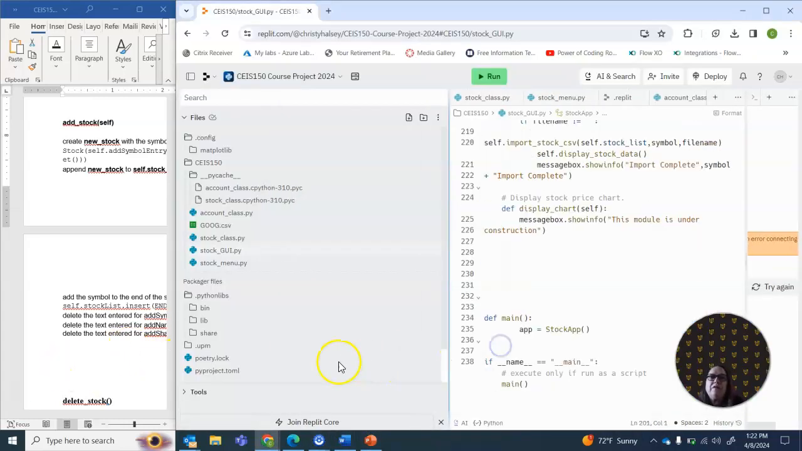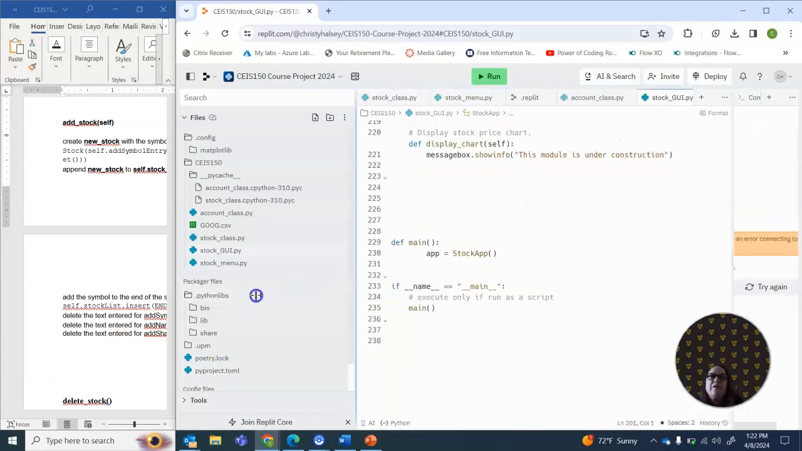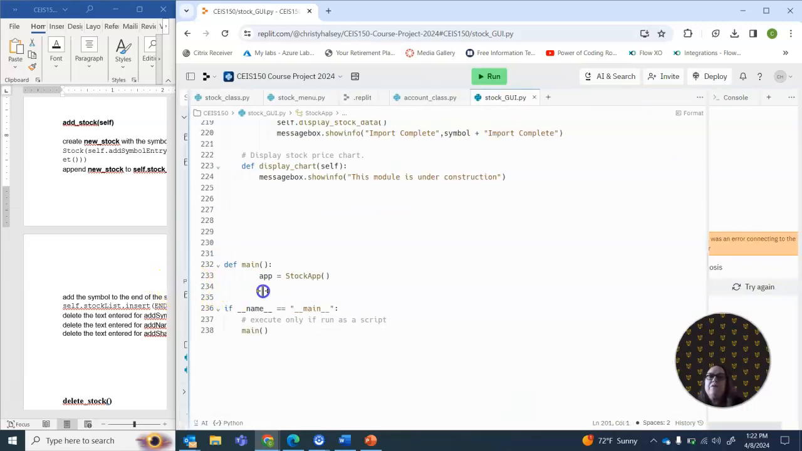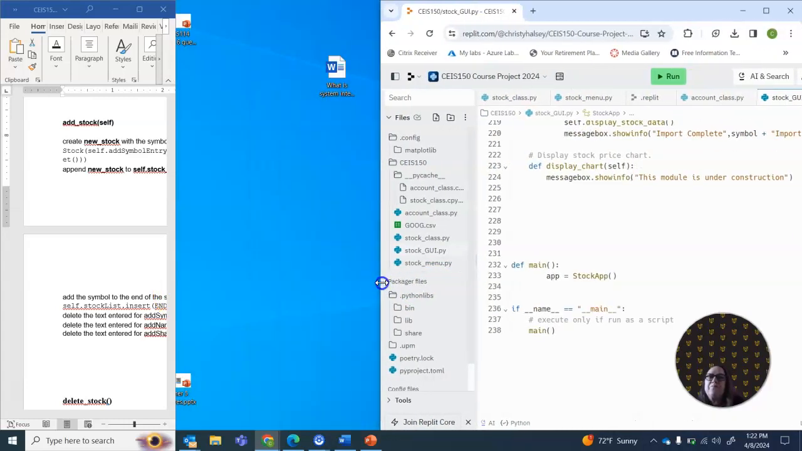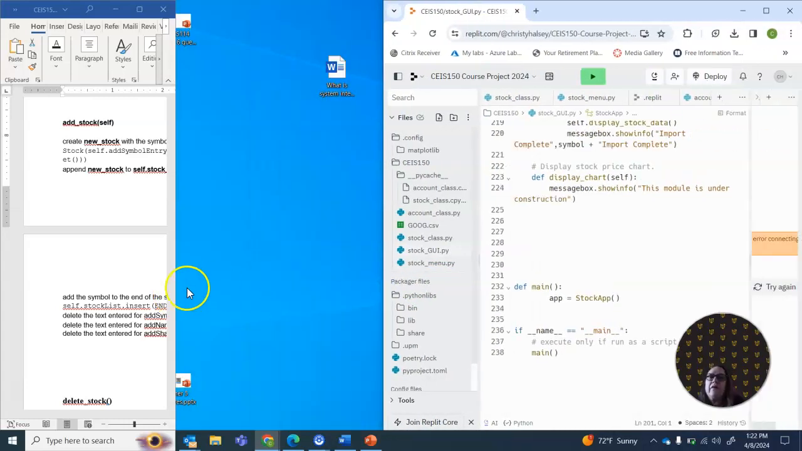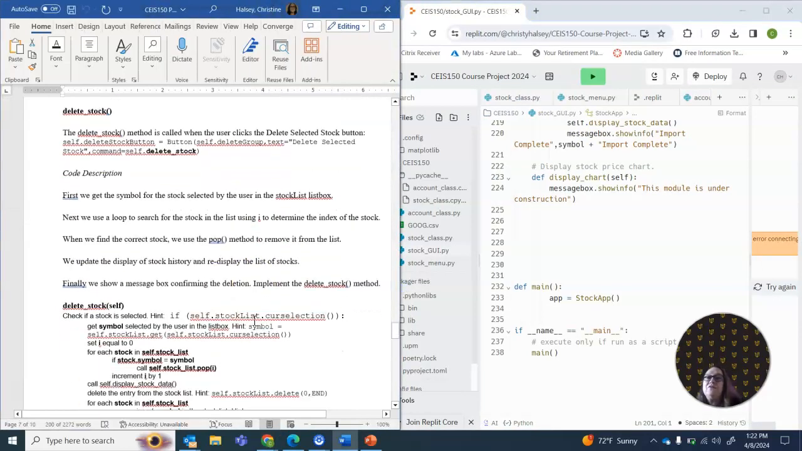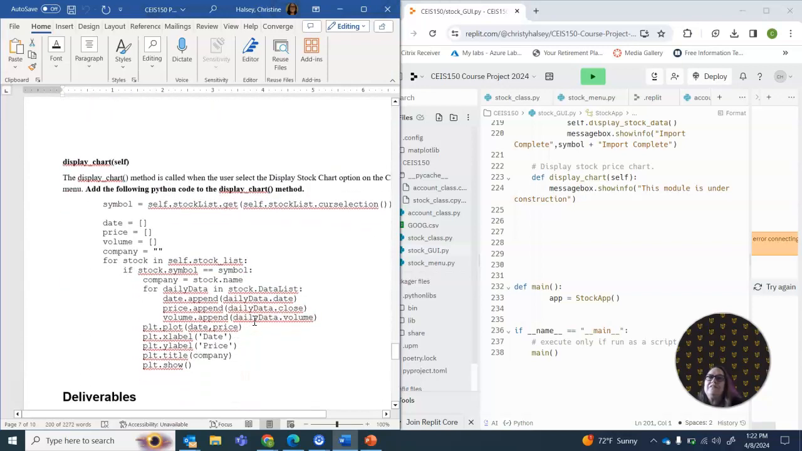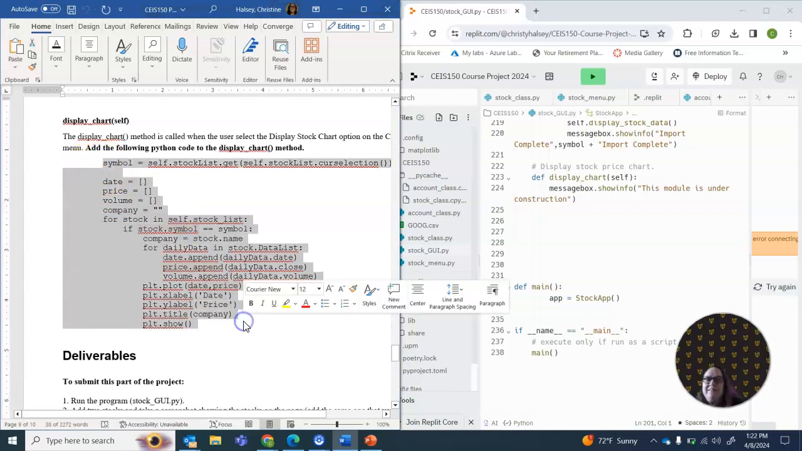I'm going to expand this window. Whoops, wrong window. I'm going to expand my window over here and grab the code that they wrote for us. Okay, Windows, come on, there we go. Technical difficulties. Alright, so there's a delete, and here is our display. So I'm going to grab this